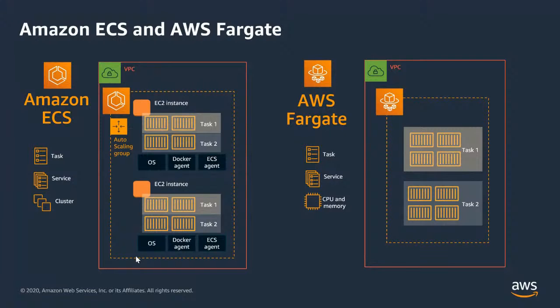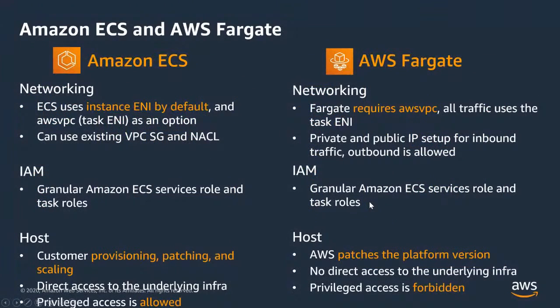When you go to ECS and Fargate, what happens is with ECS, for example, you manage the EC2 instance and you manage the operating system, the Docker agent, ECS engine. I mean, most of this is handled by AWS, but it still runs within your account. So you'll see that the EC2 instances are running in your account. But with Fargate, the EC2 instances are not in your account. All you have in your account is the task definitions, and then everything else is run at a central regional level, which basically means it's fully managed.